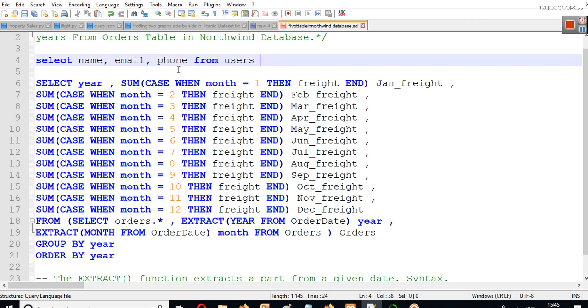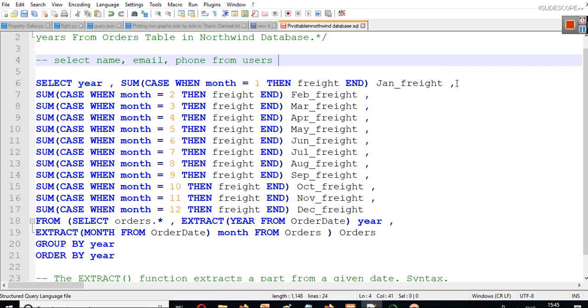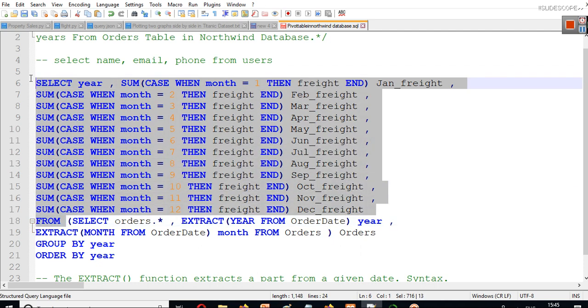So when your table appears, you will have these columns in your table. Similarly, when your table appears in this case, you will have these columns in your table. So this will give us all columns because we are selecting them using comma, as you can see here also. So up to this point we have all our column selections.